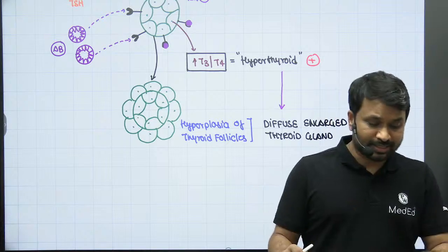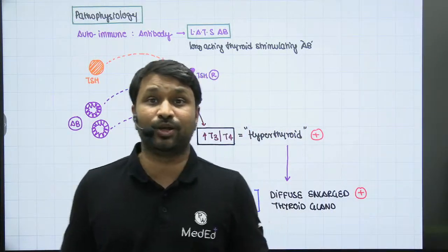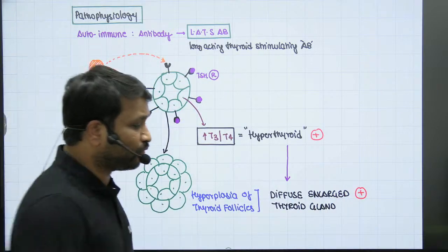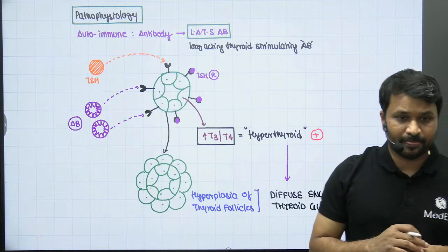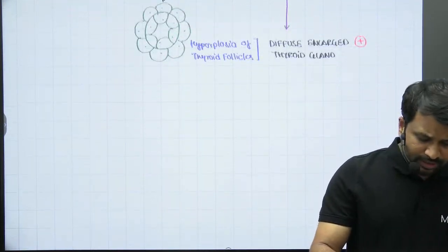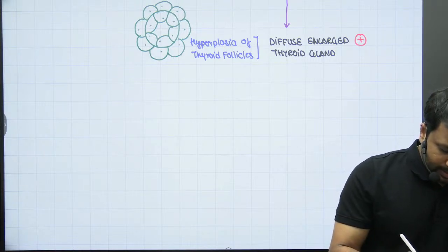Did you all understand this concept? So the Graves' disease patient has enlargement of the thyroid gland, and at the same time there is excessive release of T3 and T4, hence resulting in hyperthyroid status. Clear? Now, if you have understood this basic concept, remember Graves' disease is associated